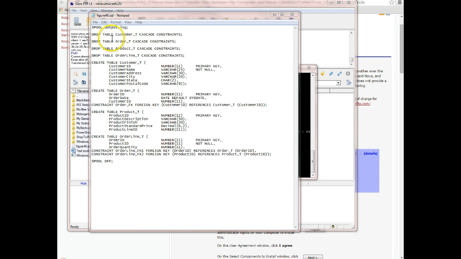Now, every SQL script that you guys write, the first line is going to be a spool command to create an output for that file. So in this case, I've got spool output.log, and then now you'll notice that I've got 4 drop table commands here that are dropping the tables that I'm about to create,